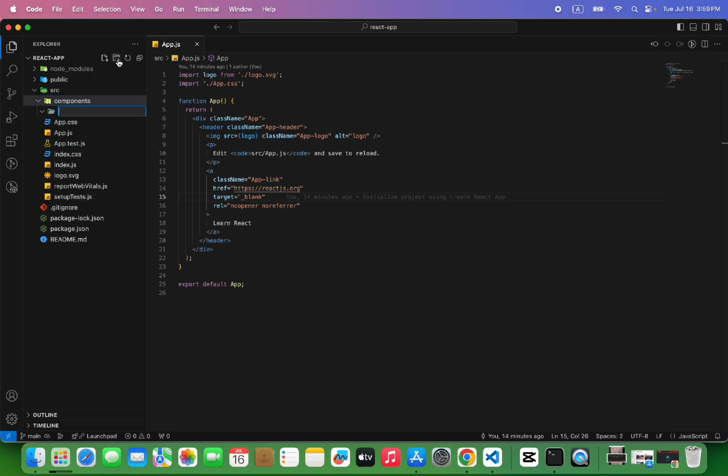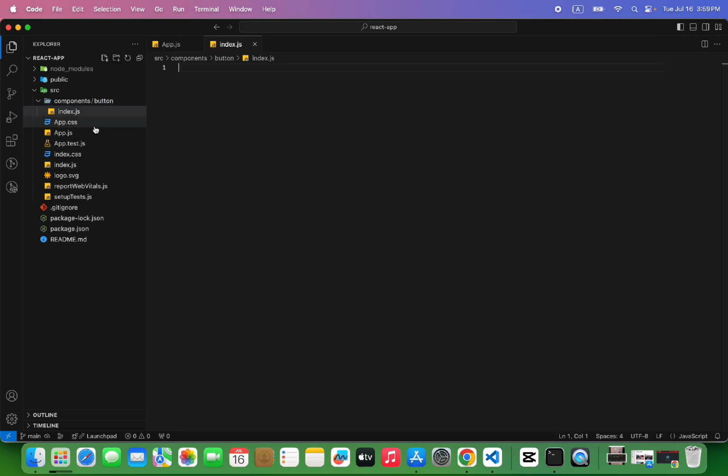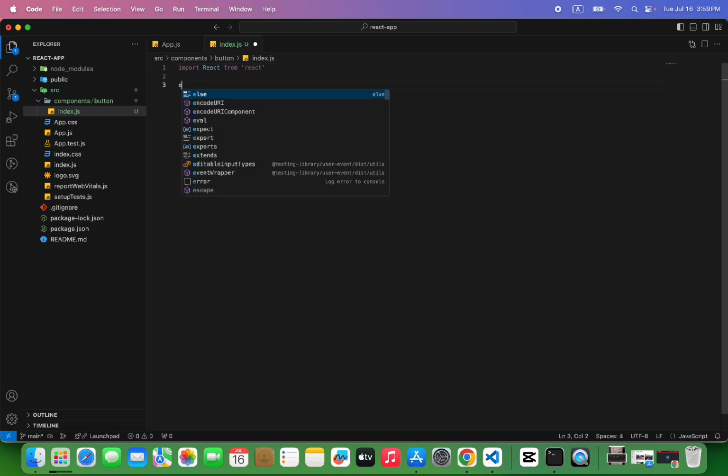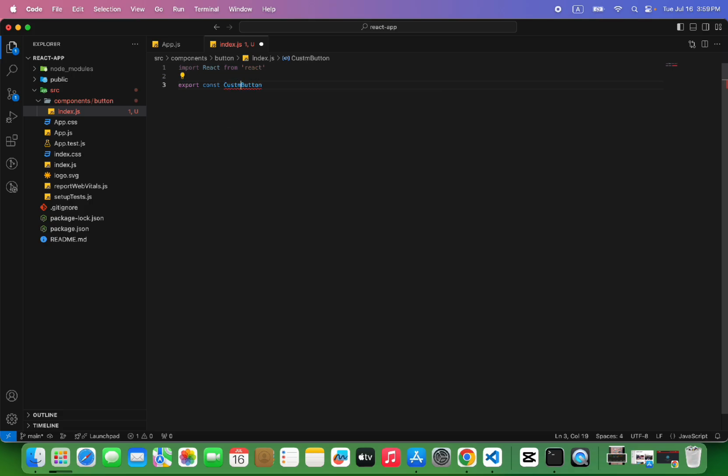In components, we add a button component. You can write any name for your button component. So this is the custom button component, and here we return a simple button.